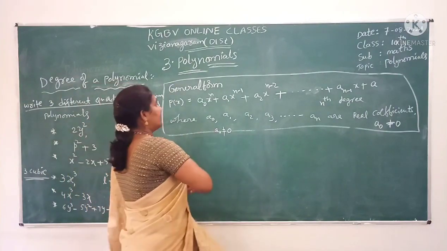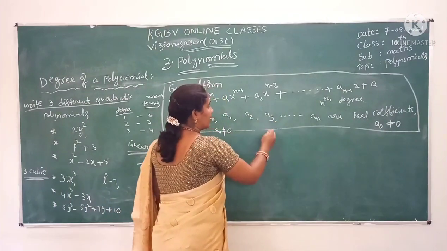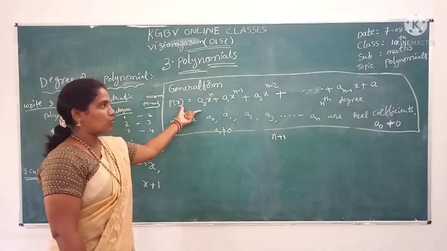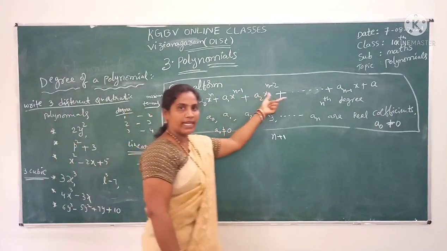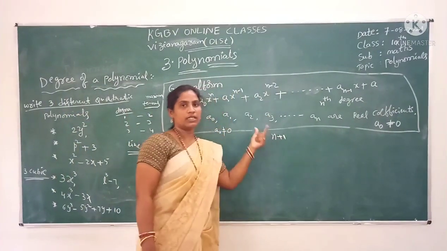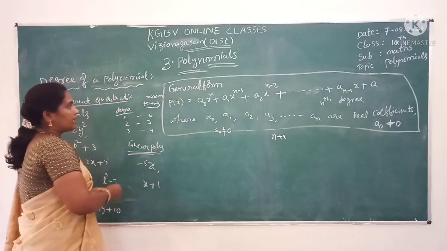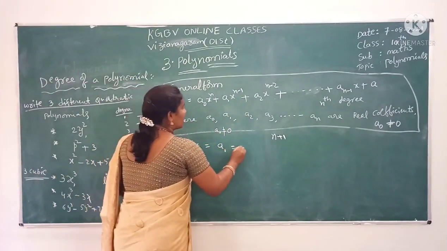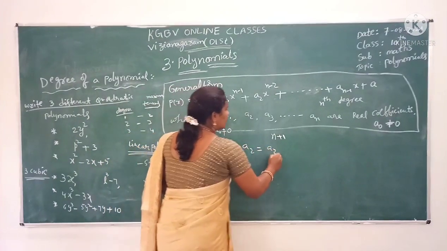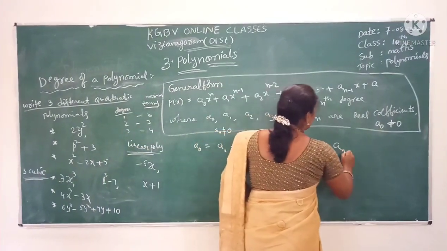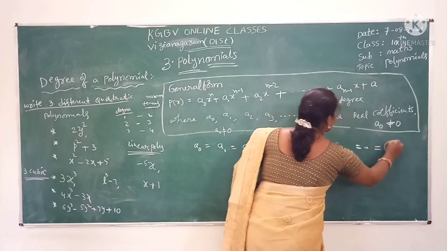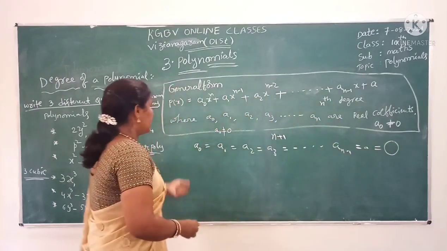Generally, an nth degree polynomial has n plus 1 terms. In this polynomial, if a0 is equal to a1 is equal to a2 is equal to a3 and so on up to an, all are equal to 0,